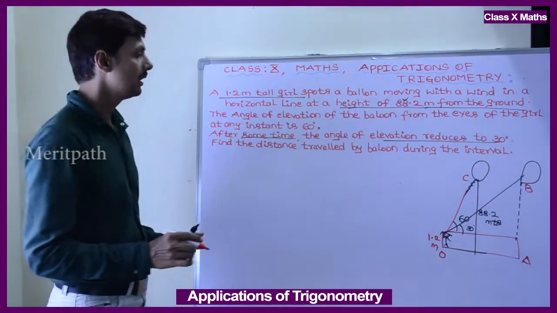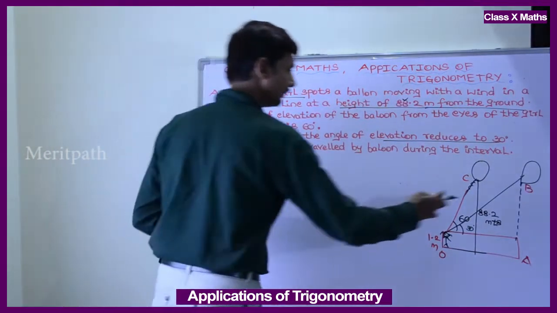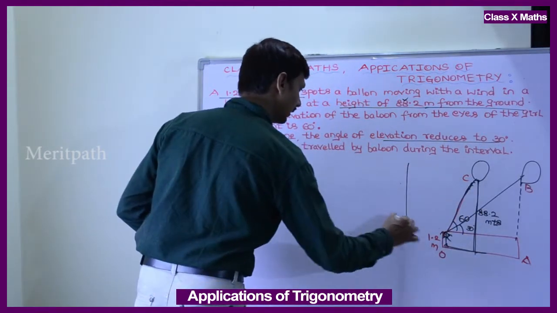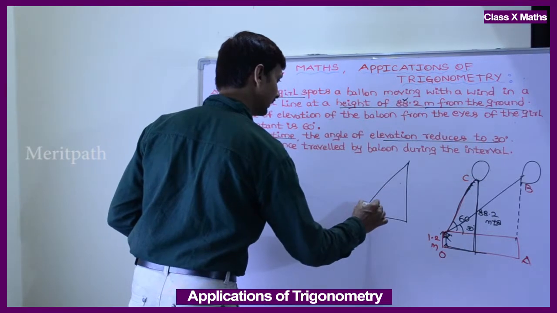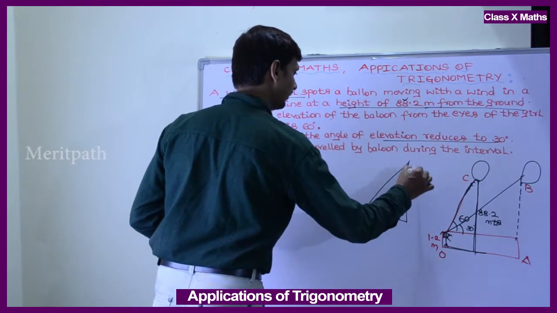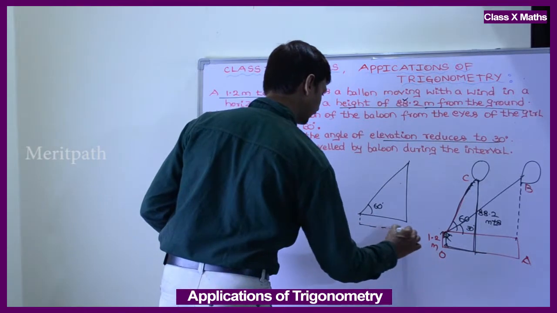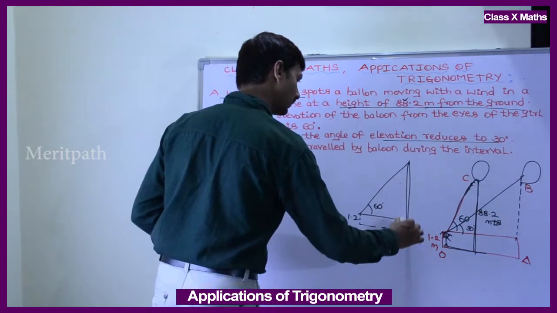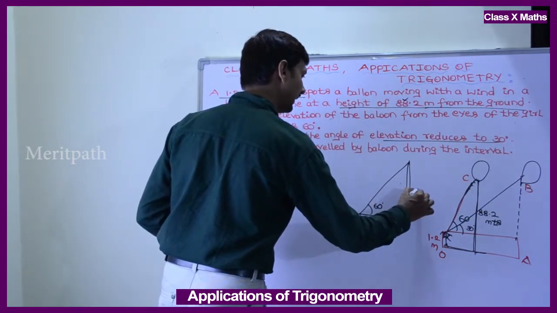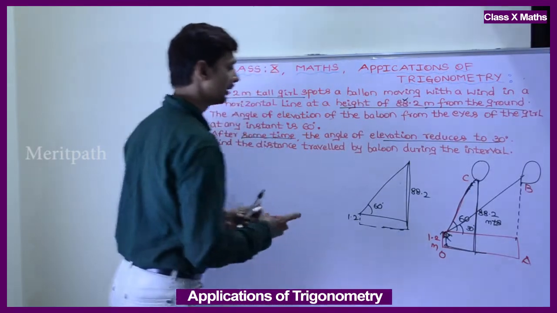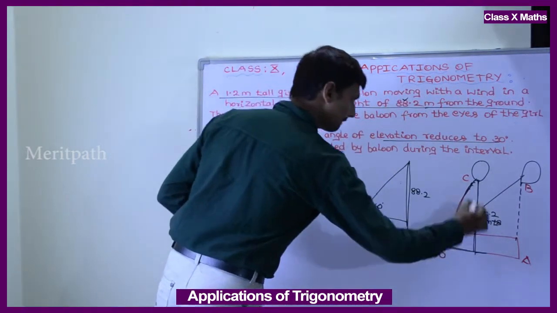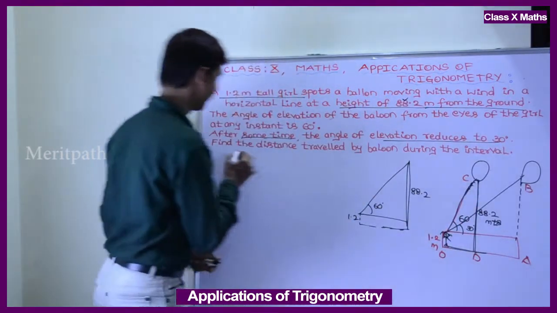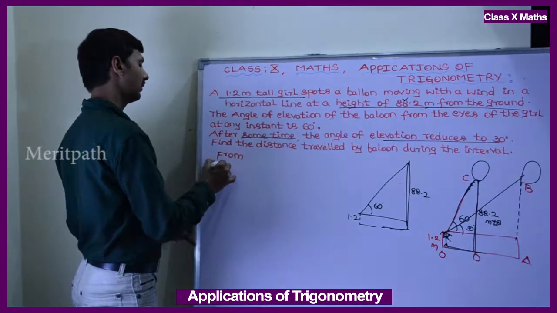Here we can observe the first triangle, which makes a 60 degrees angle. Let us draw it separately, then we understand. Here it is 60 degrees, and we know the height of the girl is 1.2 meters, and the total height of the balloon from the ground level is 88.2 meters. We'll take the name D here, from triangle OCD,